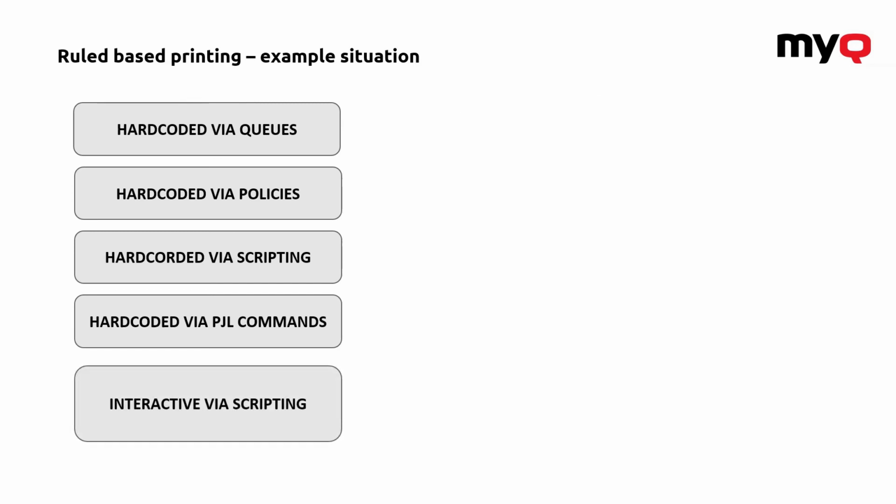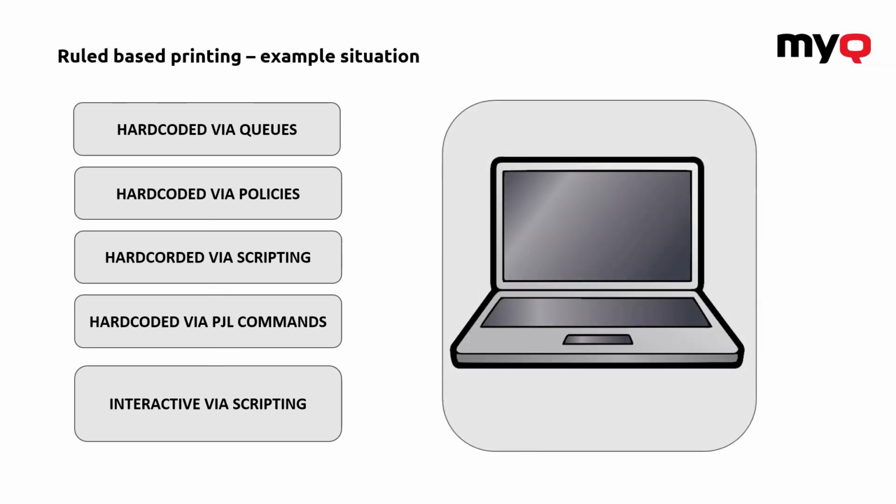So it's not a hard-coded rule, but on the other hand, it's a rule like, for example, if the job has more than a certain number of pages, a pop-up window shall appear on the user's computer asking him to decide what should happen. For example, let's say I'm printing quite a lot of pages. The client will pop up and ask me what should be done. That job has more than 10 pages, which is the rule. Would you like to print it in duplex or not? And it's up to the user to decide if he would like to have it in duplex or simplex. Same way it could be for color or any other setting.